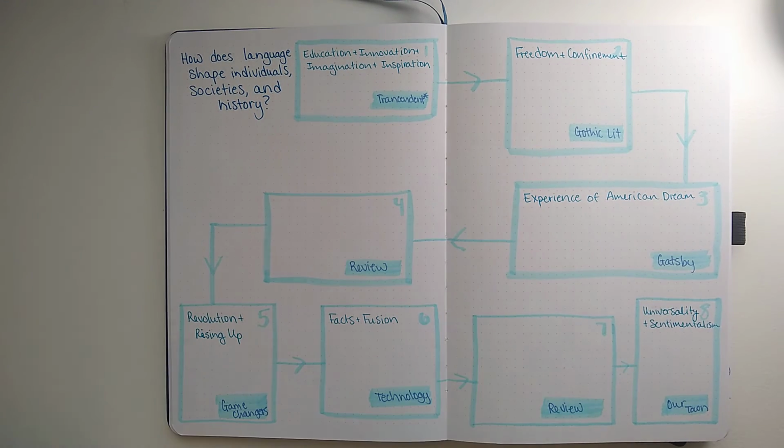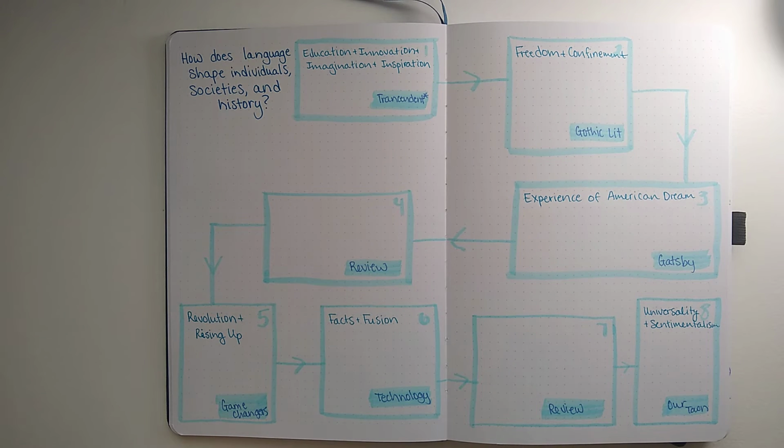And then our second unit we move into is freedom and confinement. So we're looking at Gothic Lit. If we have time, I might do some Southern Gothic in there as well. But mainly just short stories. We're going to look at some Poe. We're going to look at Washington Irving. Trying to think what else from the top of my head right now because my notes are in the other room, but I like this idea of introducing freedom in American Lit in a unique angle.